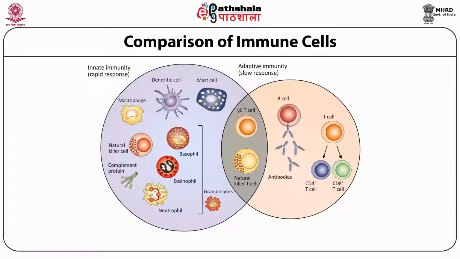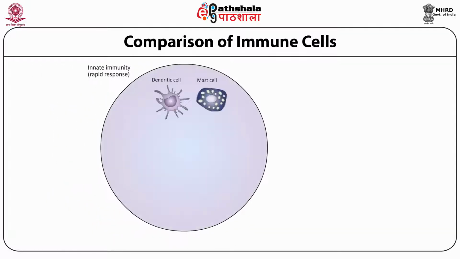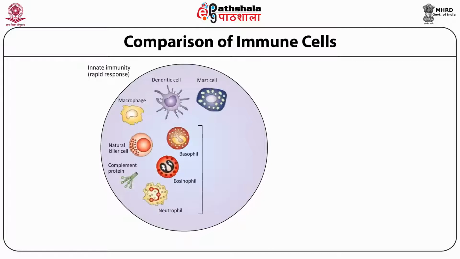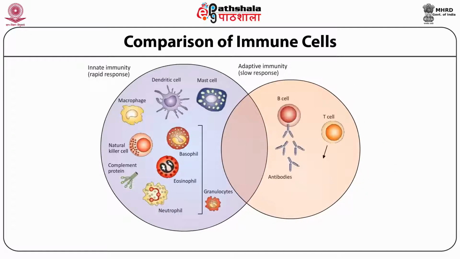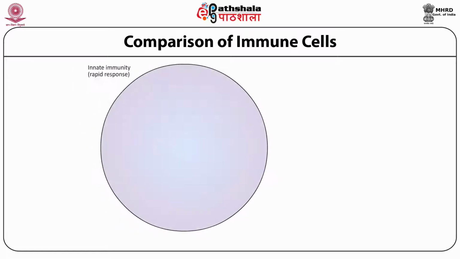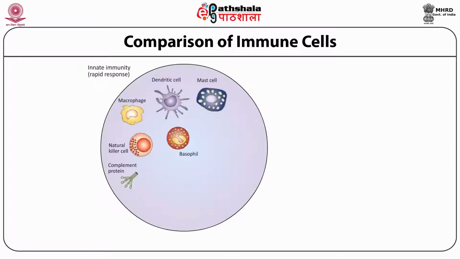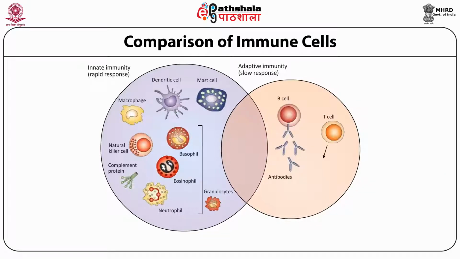Out of all these various immune cells, the best professional antigen presenting cell is the dendritic cell. Why is it called a dendritic cell? Because it is present in various compartments of the body, so that it can recognize the foreign pathogen much more avidly and kill it much more avidly.